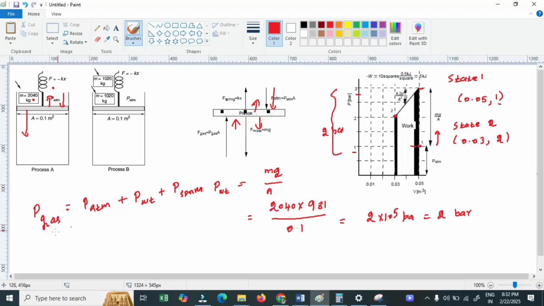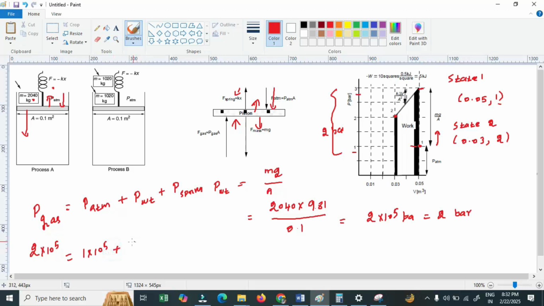At equilibrium, P gas will be equal to P atmospheric plus P weight plus P spring. Okay. Now, one of the hints in the problem is to first find the value of K. For that, I know the final pressure at the equilibrium condition, that is nothing but 2 multiplied by 10 power 5 equal to 1 multiplied by 10 power 5